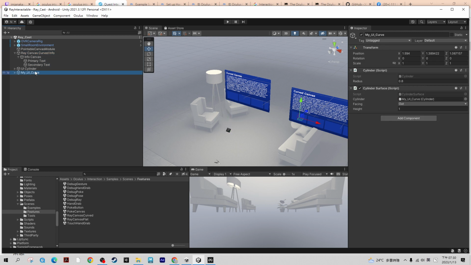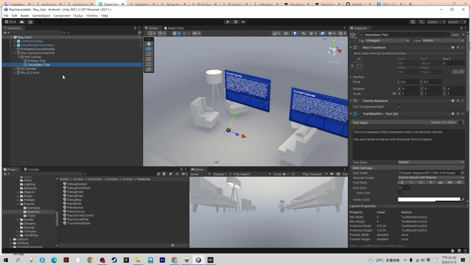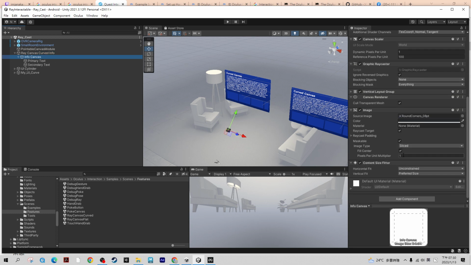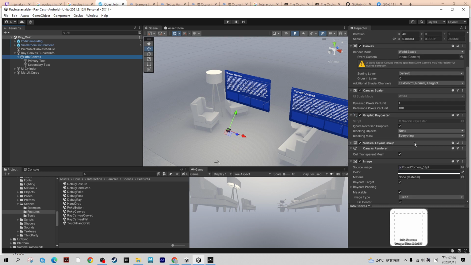Okay, this is only for the visual. Visuals we made, but for the primary text, this one, this is all about the canvas information. It's only for this item. Okay, and for here canvas information, this is the canvas we made earlier. This is the, where